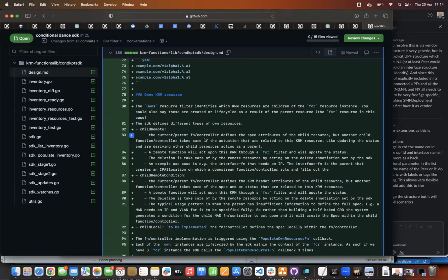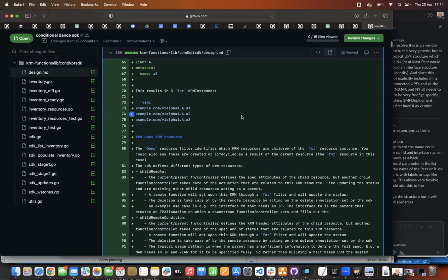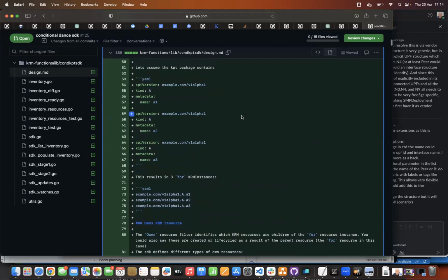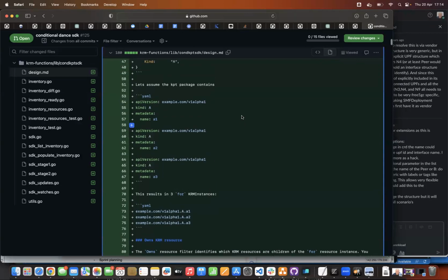I wrote it in such a way that the people implementing a function should use this as a guideline on how they should do it, or at least that was my attempt. I don't know whether I've succeeded. Even if you think it's not perfect, just the fact of having this is good. Yeah.